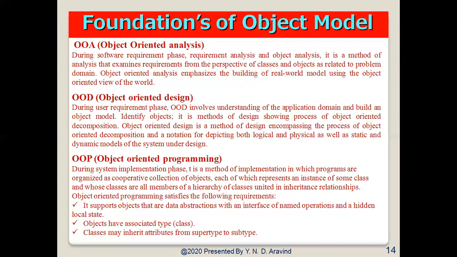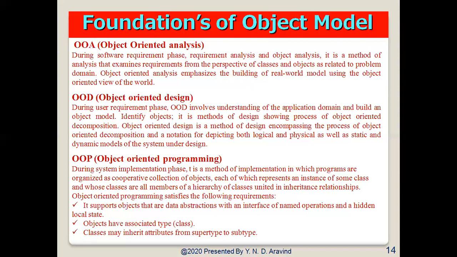There are two important parts to this definition. One leads to an object-oriented decomposition, and the second uses different notations to express the different models of the logical and physical design of the system. By logical I mean classes and object structures, whereas by physical I mean modules and process architecture, in addition to the static and dynamic aspects of the system. So the support of object-oriented decomposition is what makes object-oriented design quite different from structured design.